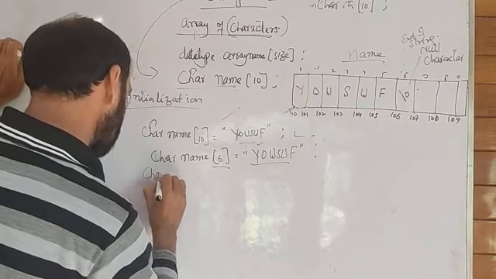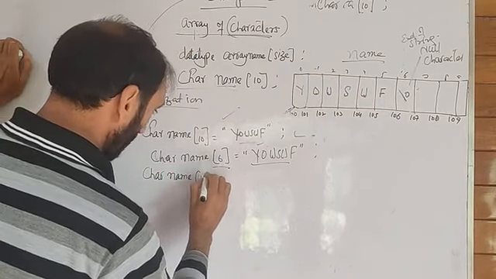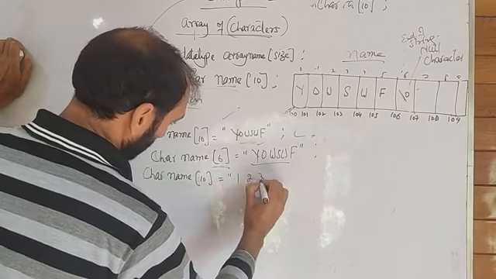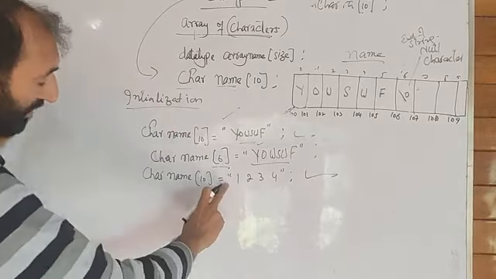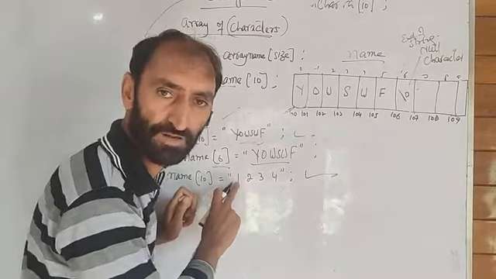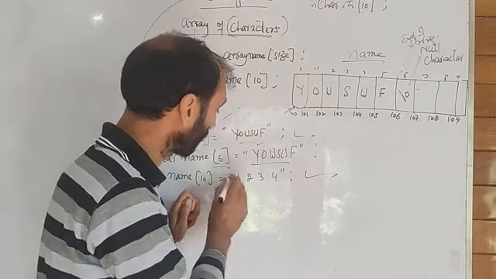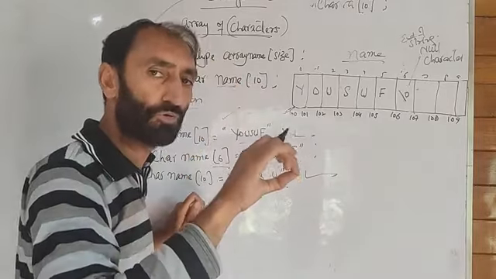Take care. If I write name[10] for example equal to "1234", this is also correct. Here 1 is not a decimal number or integer, 2 is not an integer, 3 is not an integer, because it is enclosed in double quotes. Anything enclosed in double quotes